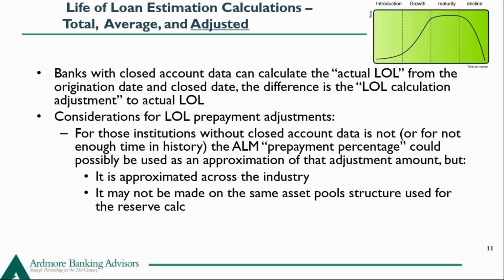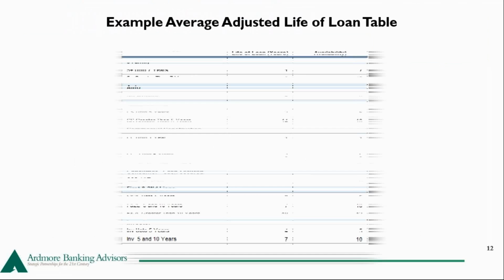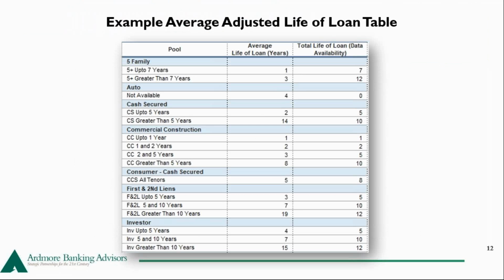Using the loan close date is obviously the preferred method, but can be complicated depending on the size of your portfolio. So in our experience, applying the actual life of loan reduces the ACL significantly. Using an average actual life of loan has a similar impact. So for example, here's a table to give you an idea of how it might work. These would be vintage lives of loans